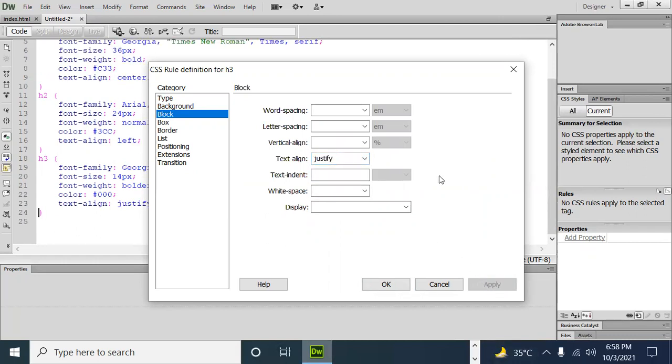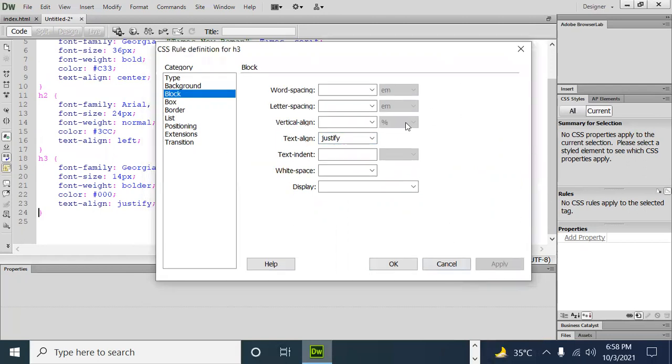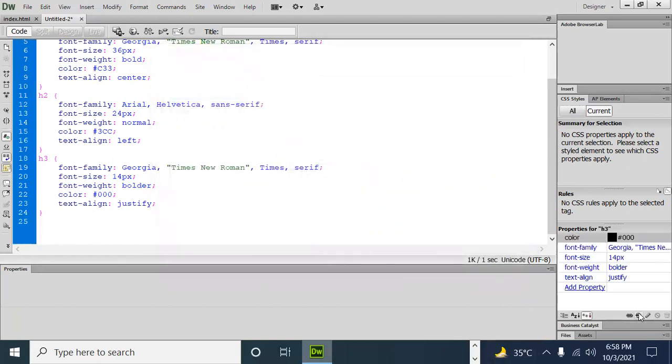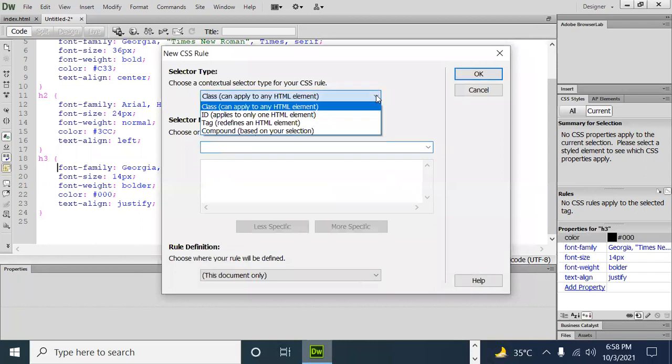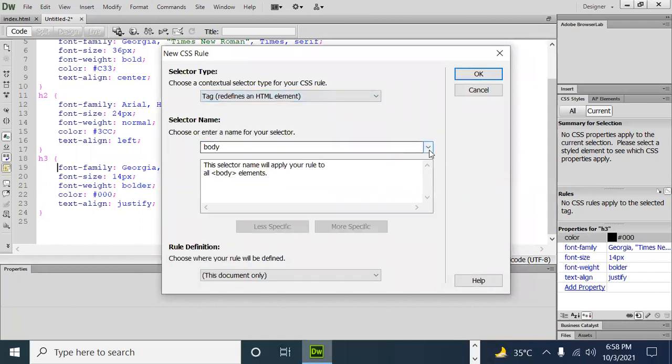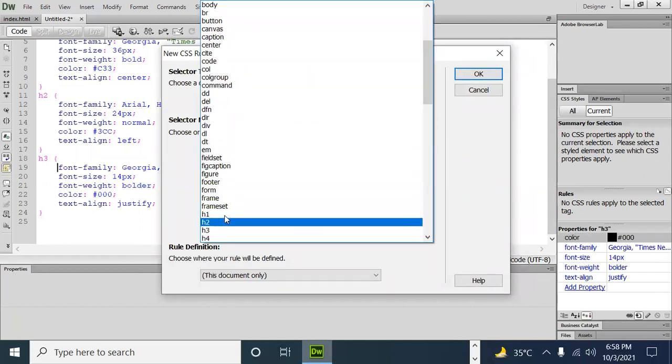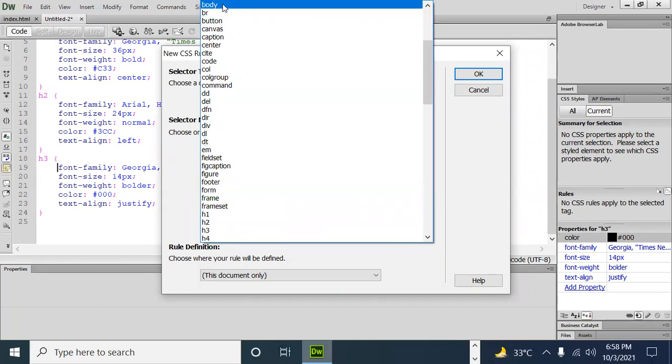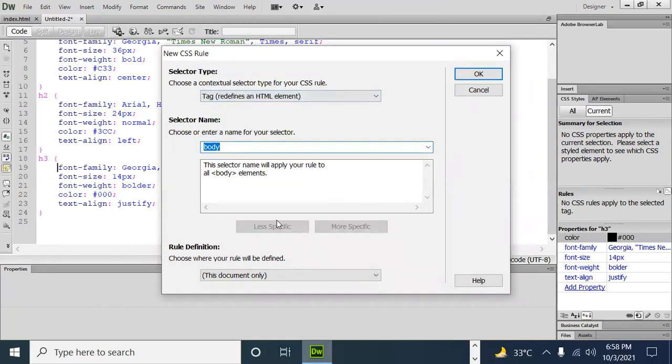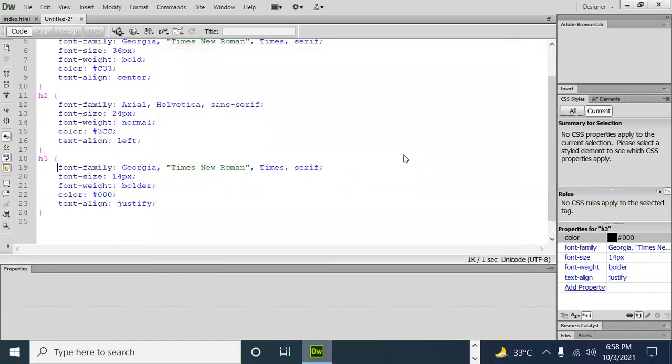So now one more tag I want to design for my body section. So go and design one more tag, I want to have the body tag. So design, OK.